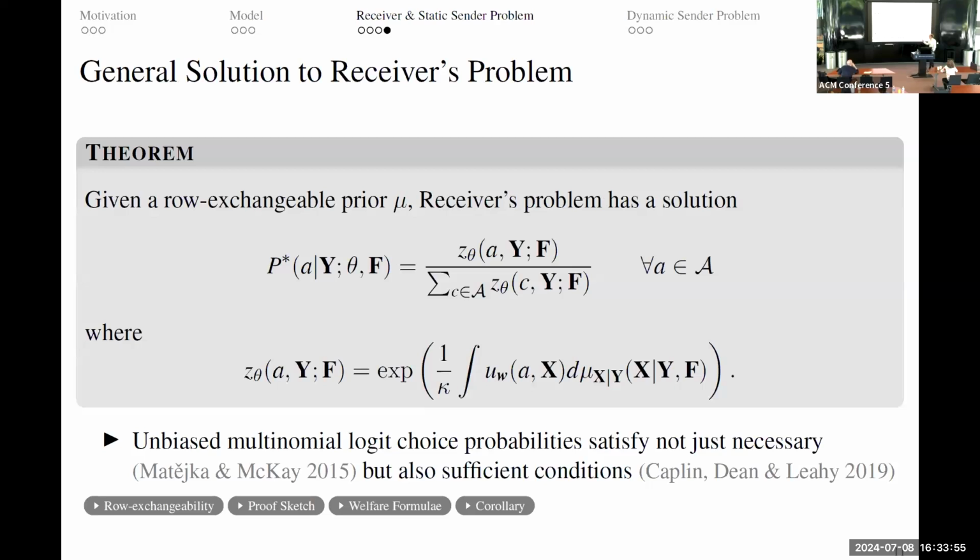Now, the example that I've just shown you is a consequence of this theorem that we're proving, which gives us an analytical closed form solution to this multi-attribute rational inattention problem, which is a contribution to the rational inattention literature, because generally these problems have to be solved using the Blahut-Arimoto algorithm from information theory. I'm not going into details, but you can see it's essentially a multinomial logit form.